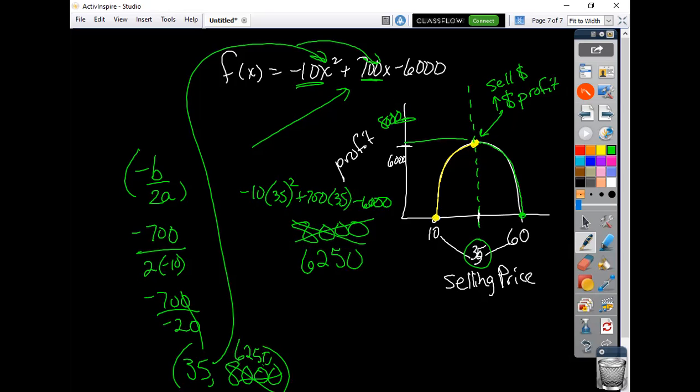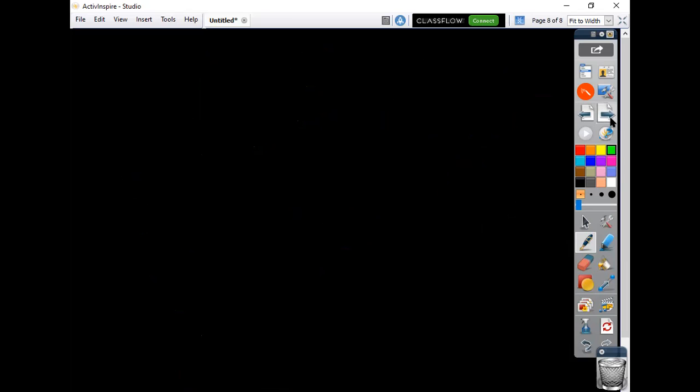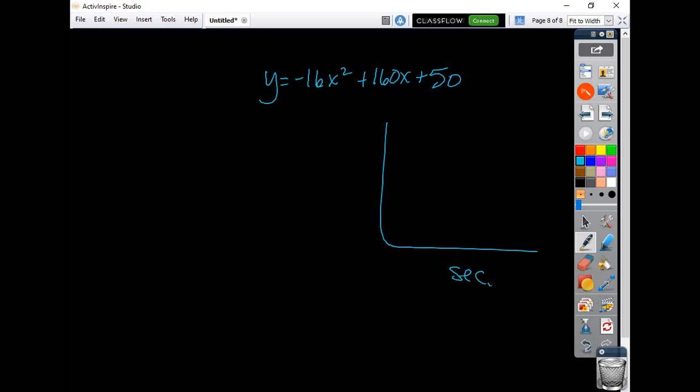All right, what if you had another problem that said on this one that you're going to throw a water balloon in the air, and the water balloon follows the path y equals negative 16x squared plus 160x plus 50. So the water balloon, x here is your time in seconds, and the y is the height in feet of the balloon. So at zero,